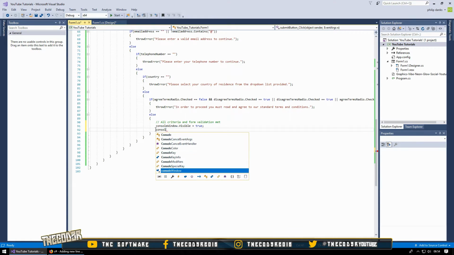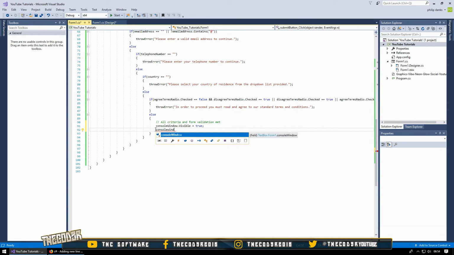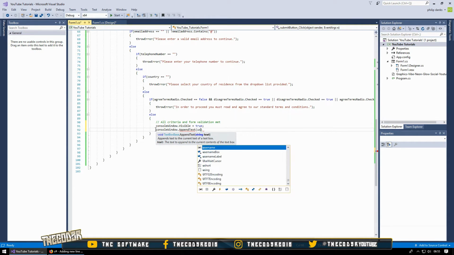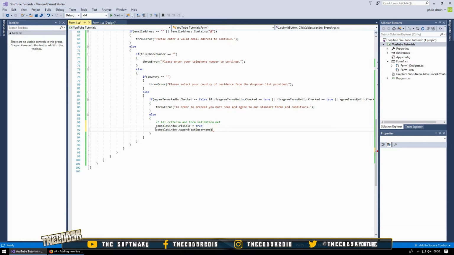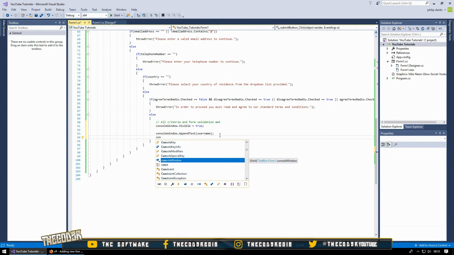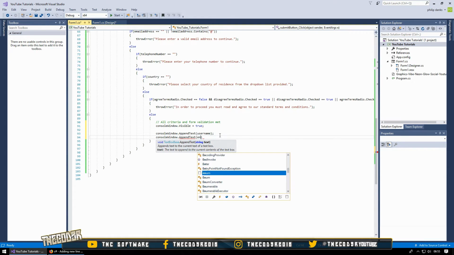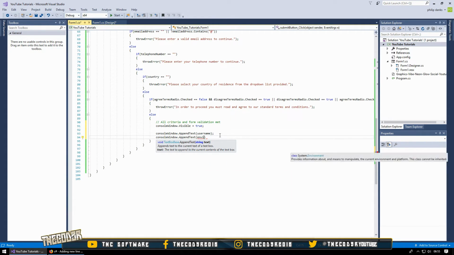So console window dot append text, and then we're going to add the username, and we're going to add a break here just so we can see a bit more clearly, and then we're going to go console window dot append text environment dot new line, and what this will do is it will add the username into the console window and then create a new line,